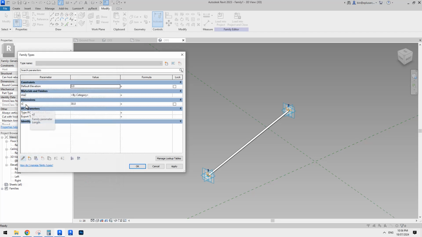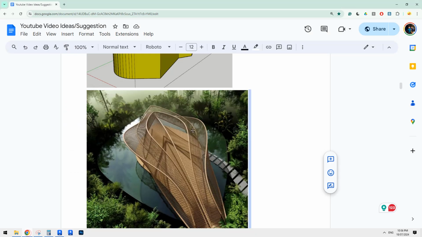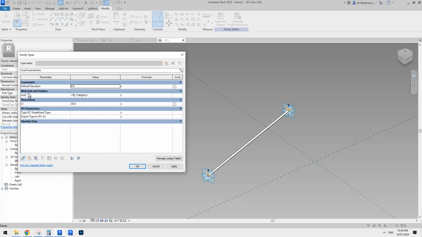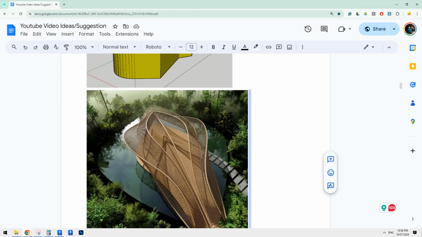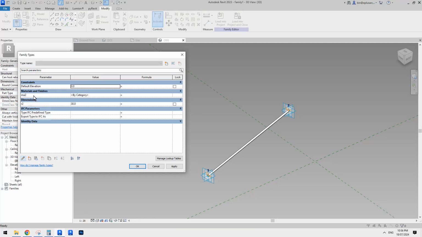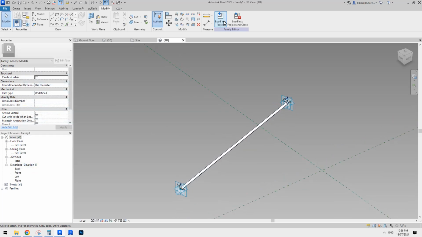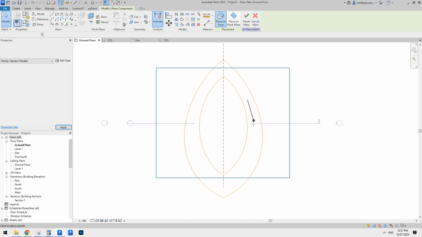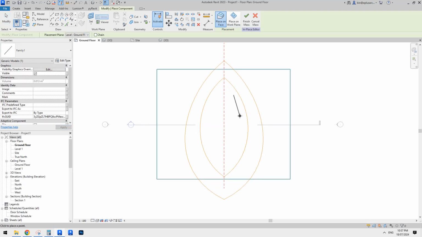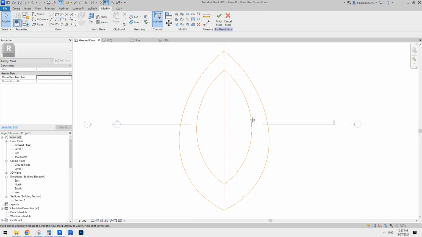So let's just use type parameter. And the same, if you are going to give them exactly the same material, you can just use type parameter for the material. But if you wanted to give them different material, like all different colors, you can just make this instance, so it's easier to adjust material, right? So now we can load this one into this here, but for now let's just escape,